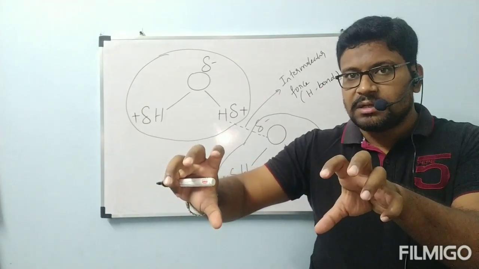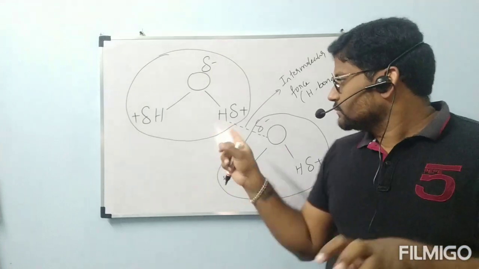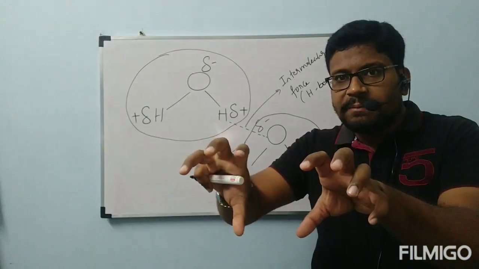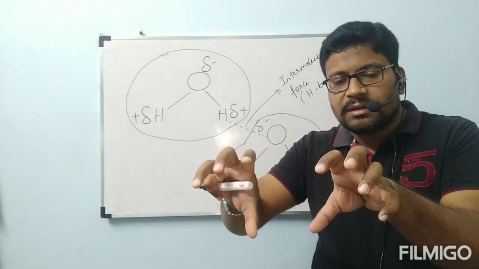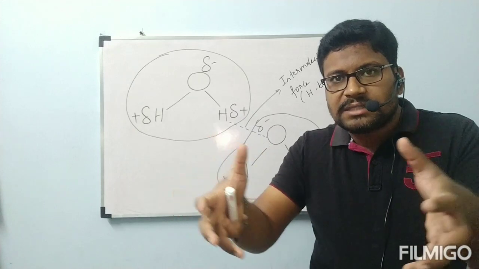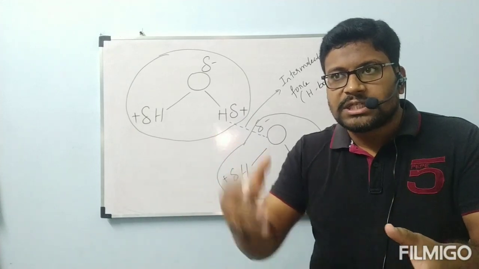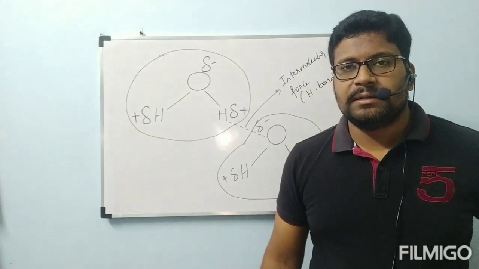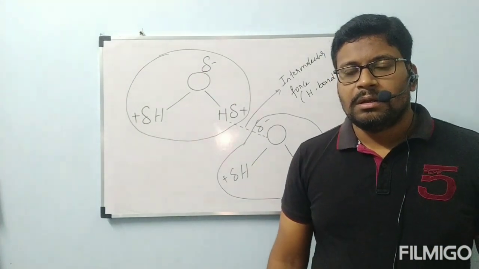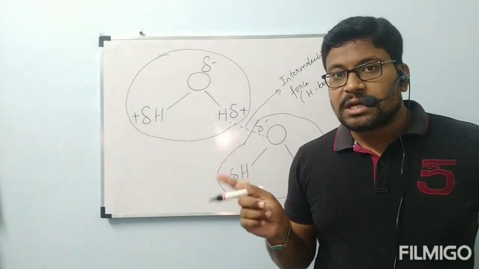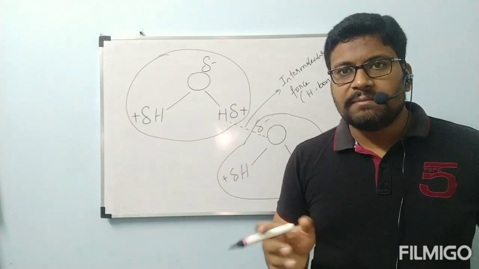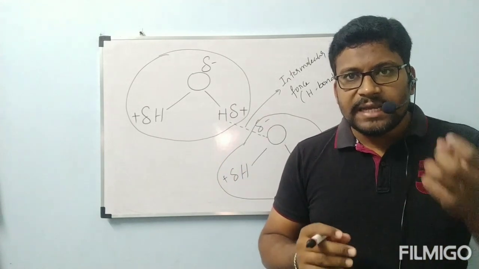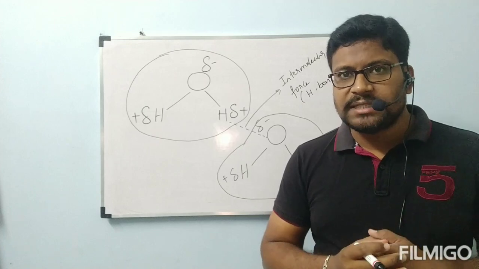Because attraction is strong now. Because of this attraction, they will be nearer. When they are nearer, the particles will be coming closer. Instead of gaseous state, they are present in liquid state. Those intermolecular forces are not too strong to keep them in solid. When we decrease the temperature, then only it will be converted to ice.